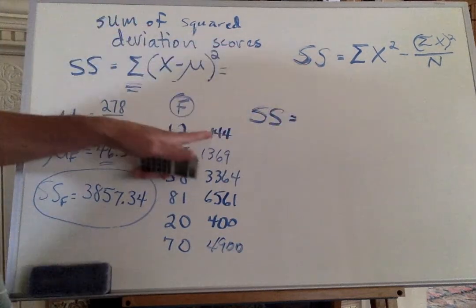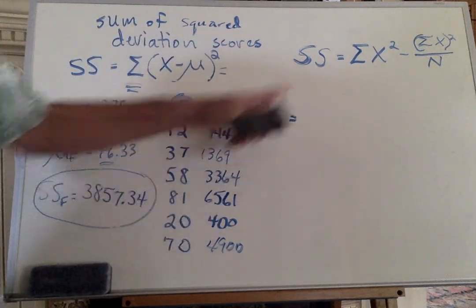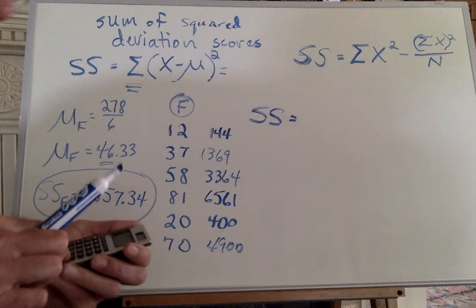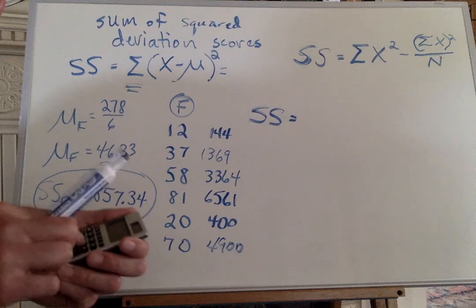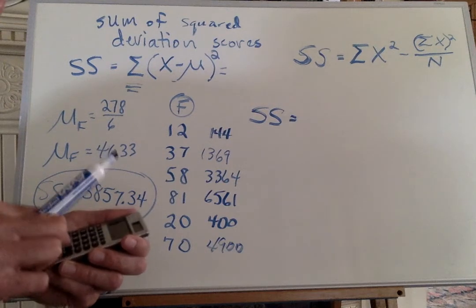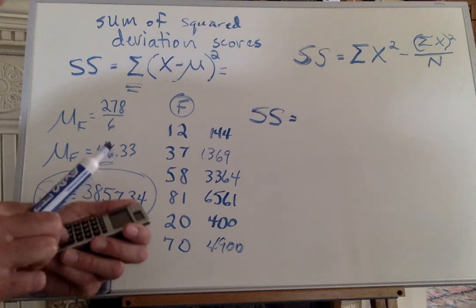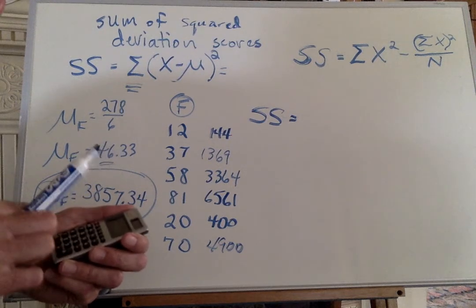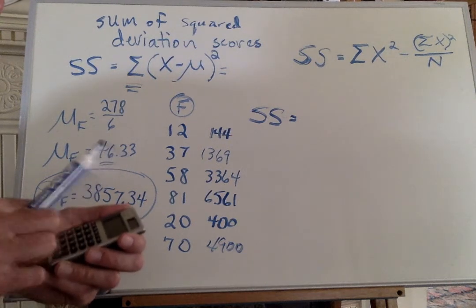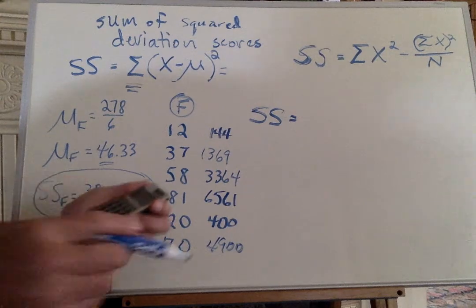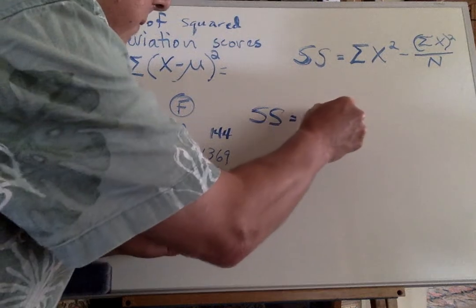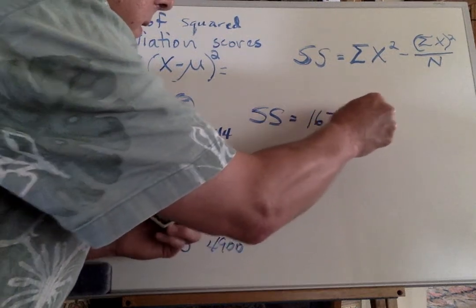This first, we're going to square each number. We're going to add those together. Wow, okay, 144 plus 1369 plus 3364 plus 6561 plus 400 plus 4900 is 16,738, minus